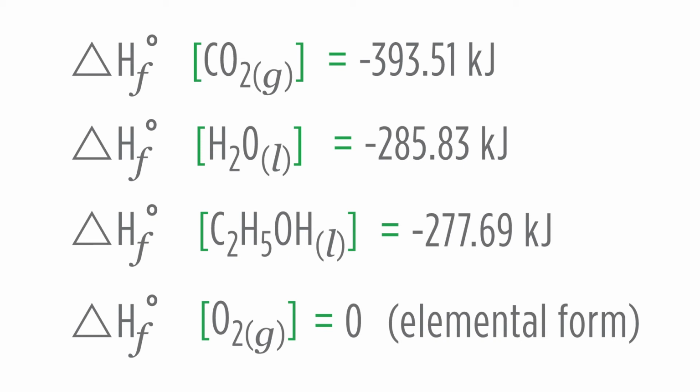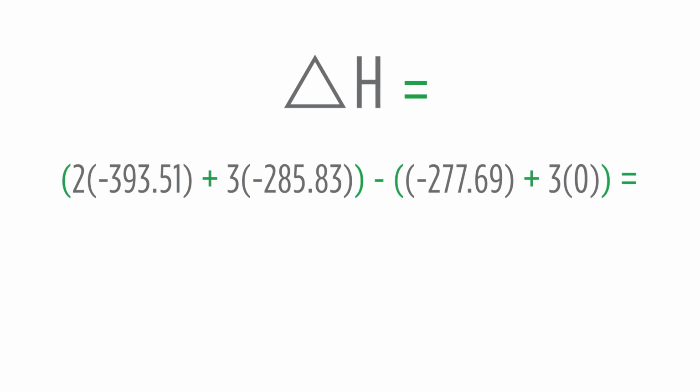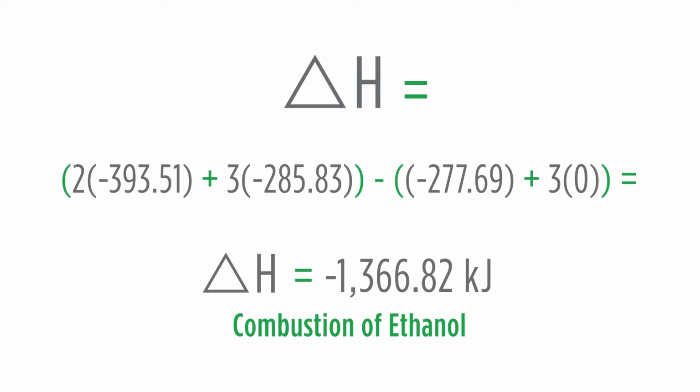form. We then plug these numbers in and we'll have delta H equals 2 times negative 393.51 kilojoules plus 3 times negative 285.83 kilojoules, minus the sum of negative 277.69 kilojoules plus 3 times 0, which of course is 0. We do the math on that and we come up with a heat of combustion of ethanol equal to negative 1,366.82